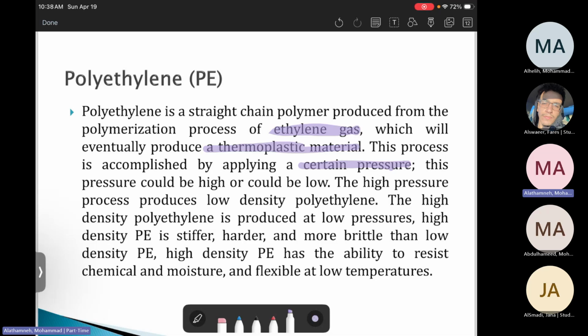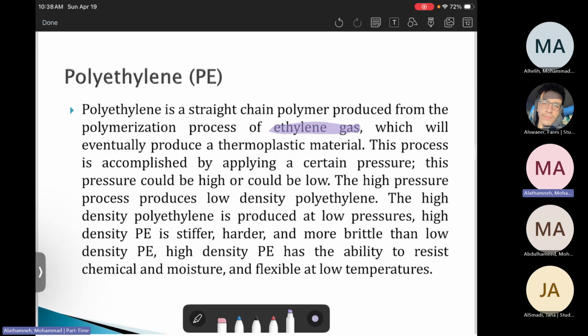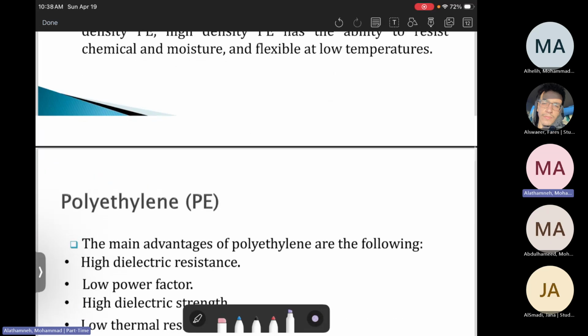The high pressure process produces low density polyethylene. The high density polyethylene is produced at low pressures, which is the opposite of each other. High density PE is stiffer, harder, and more breathable than low density polyethylene, and high density PE has the ability to resist chemicals and moisture and is flexible at low